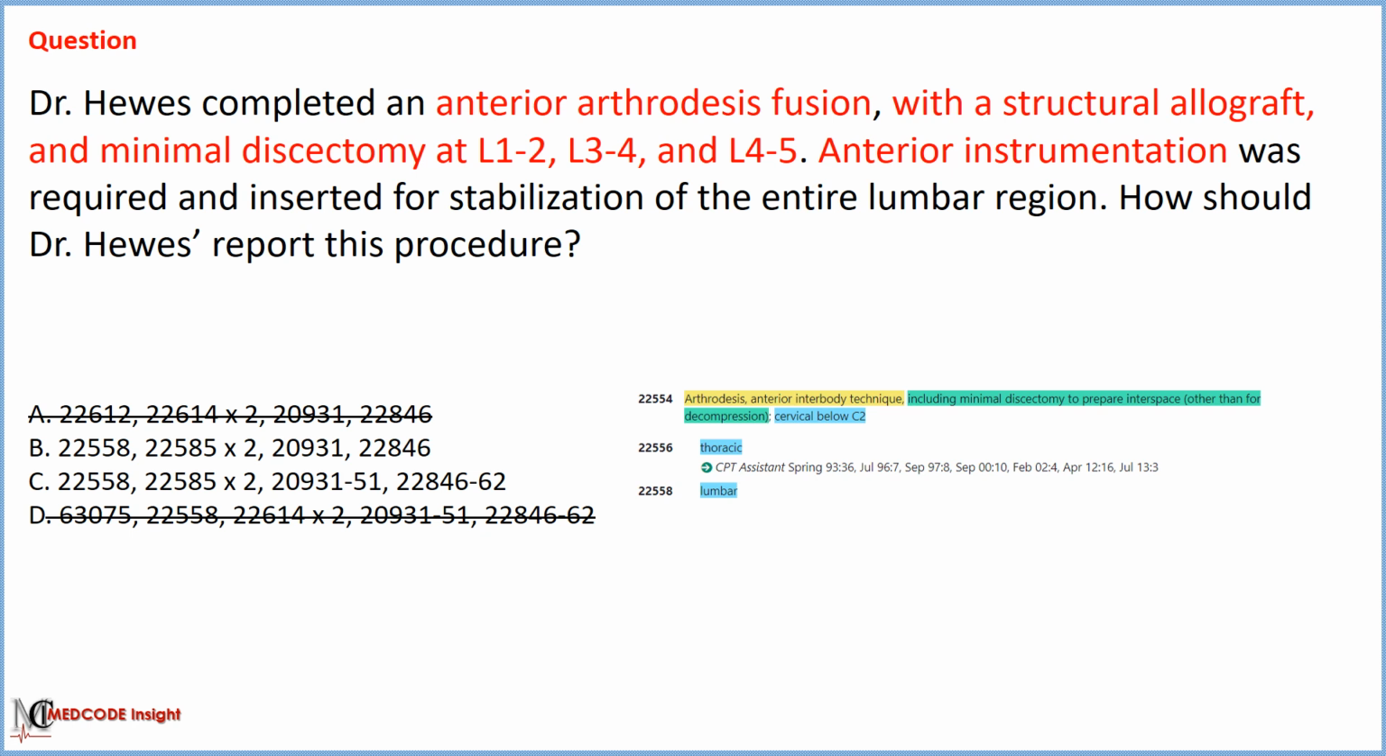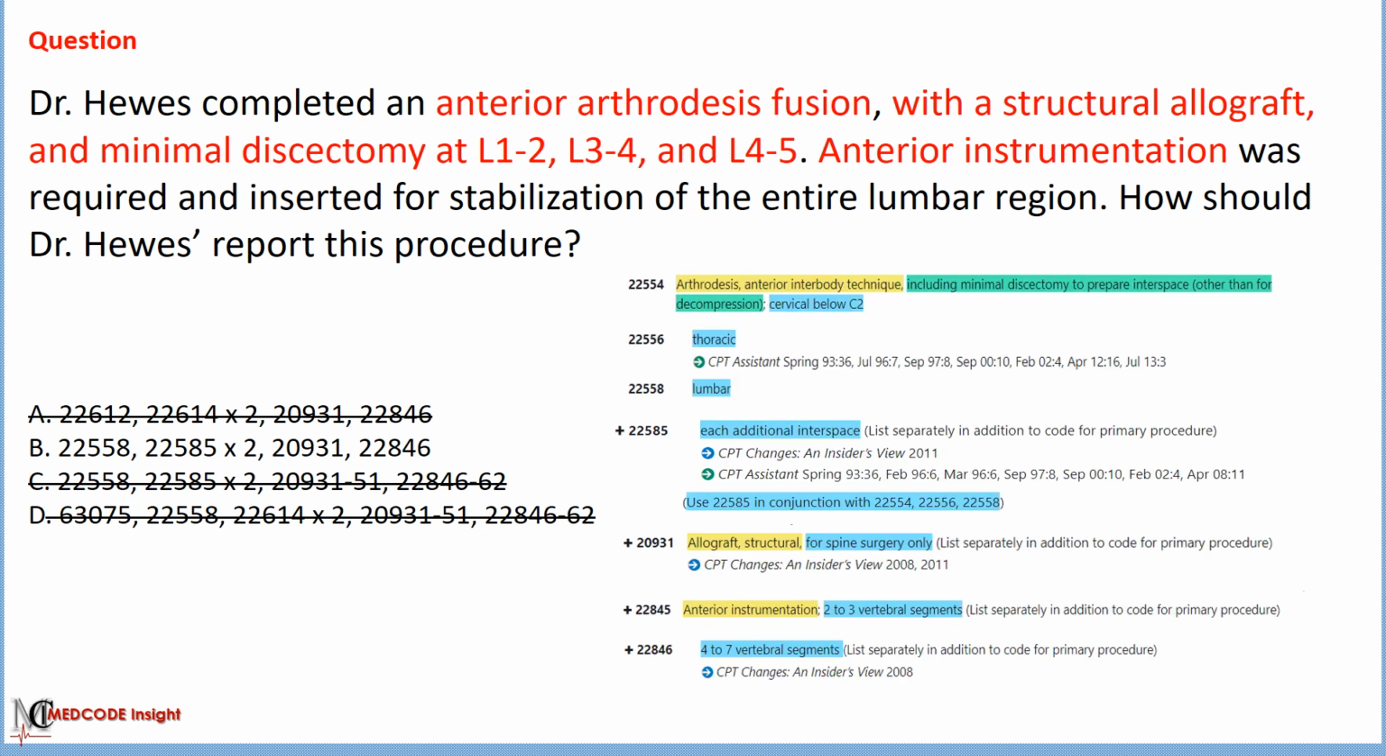Option C can be easily eliminated based on the modifier used with the instrumentation and bone graft codes. As these are add-on codes, we cannot use modifier 51 or 62 with any of them. So our correct option is option B, with code